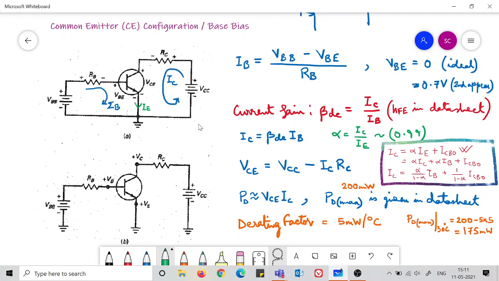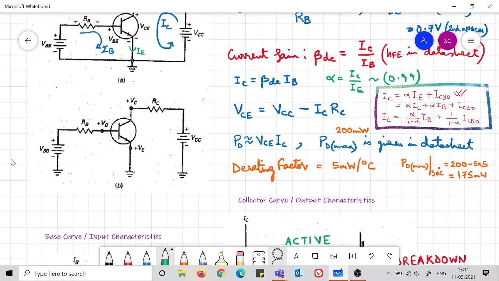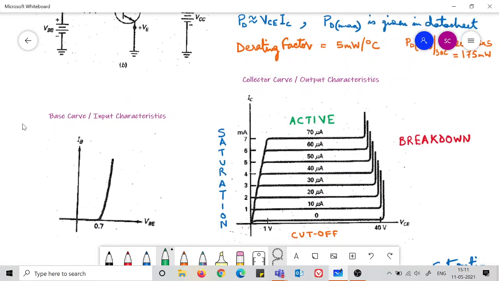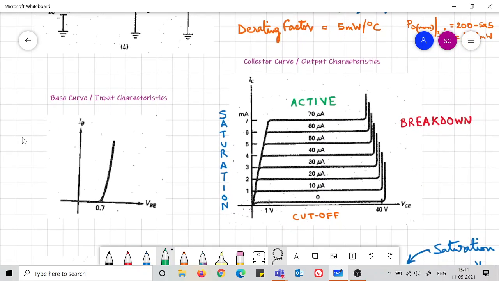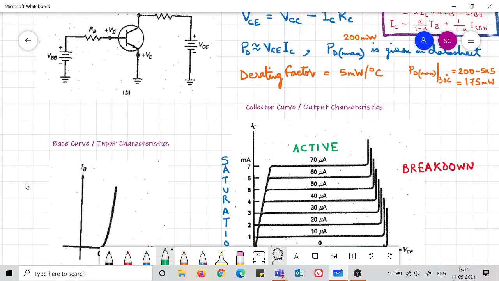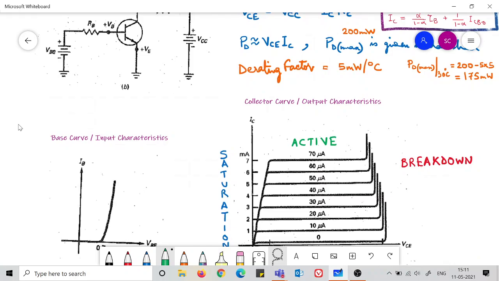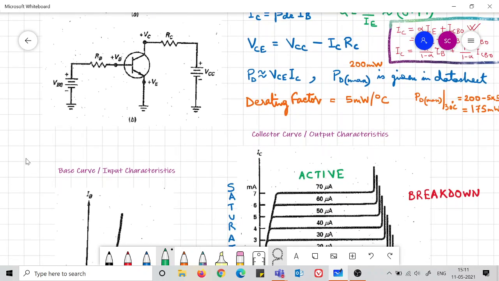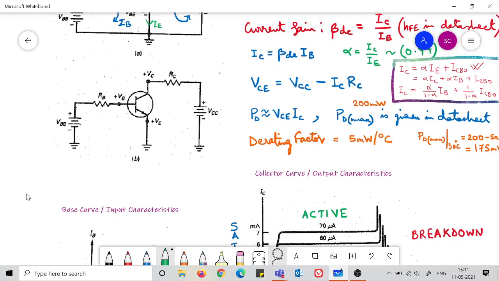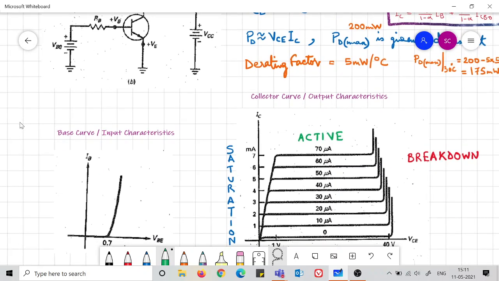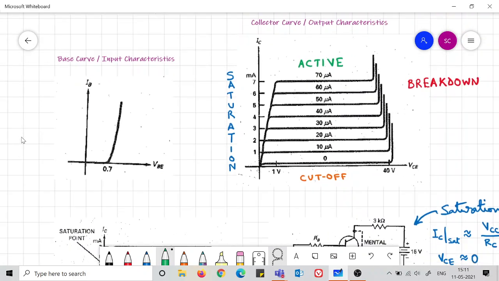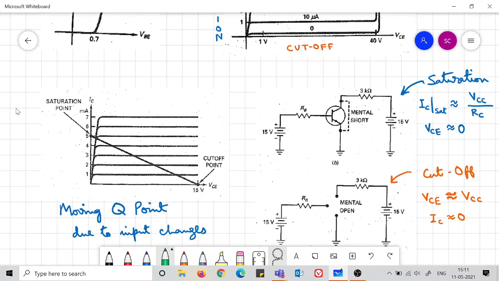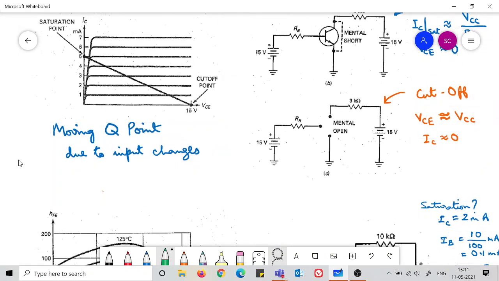Once you are given the circuit, you have to solve it. Whether you are able to do that is what one needs to check. But in some papers, or somewhere down your life, you may face this situation, so you should also try to remember these configurations, and there is some way to remember them. I will try to point those out as I go ahead, but let us move further. So the common emitter configuration we have discussed.